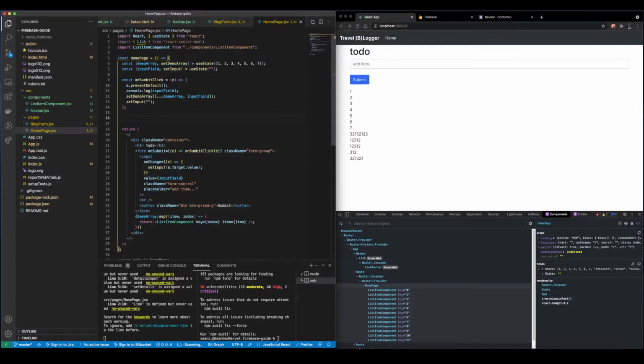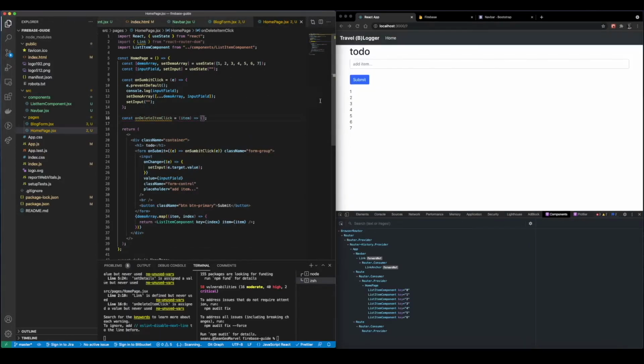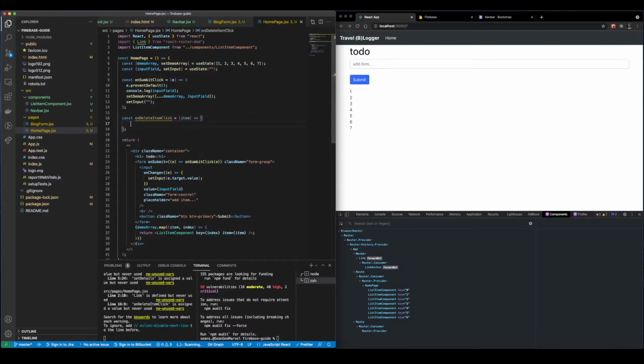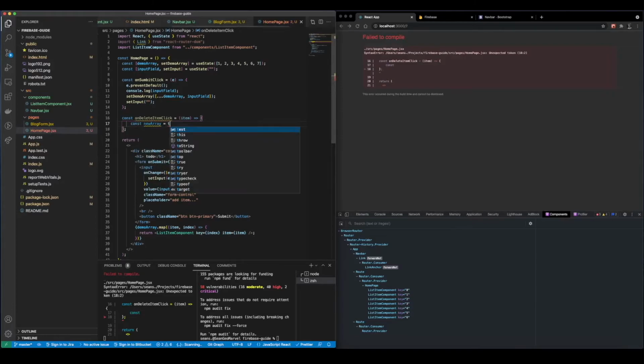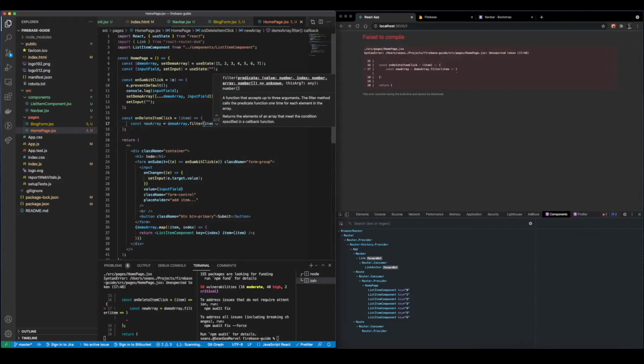We're going to also want to be able to delete items, and I'm going to base the delete button on each one of these mapped components. So we're going to go ahead, we want the delete item, we want to grab the item back. Right now it's just a simple number, and then from there we want to filter out essentially, so we can say const new array equals demo array filter, and we want it where item, and we want item not equal to,